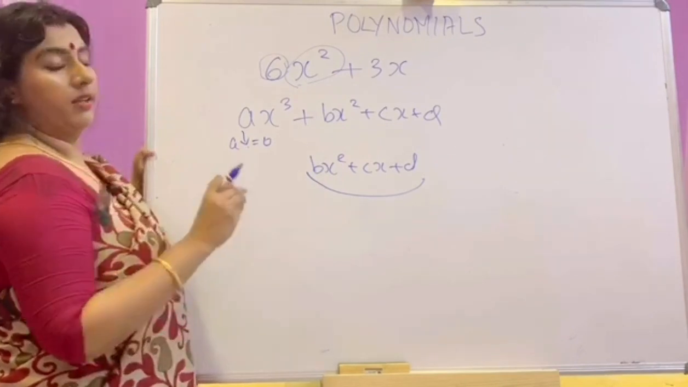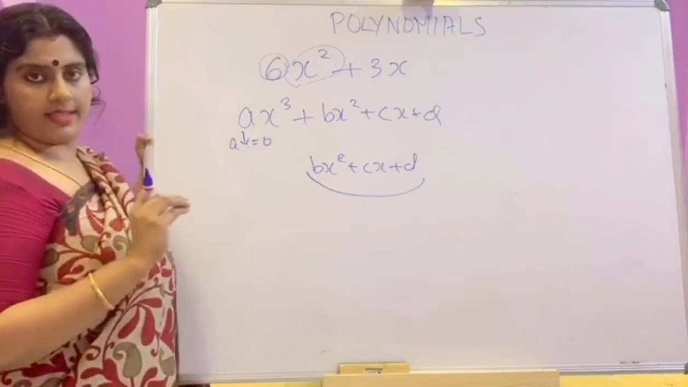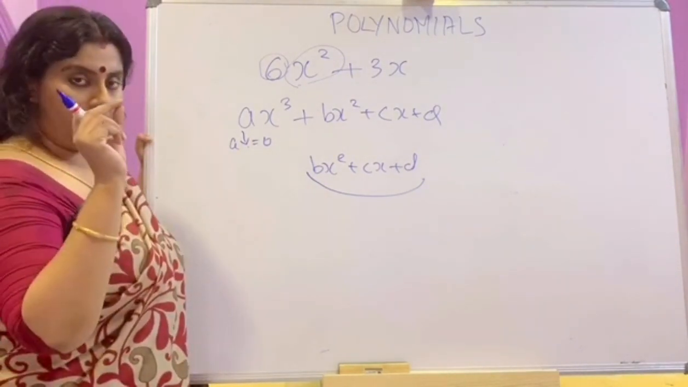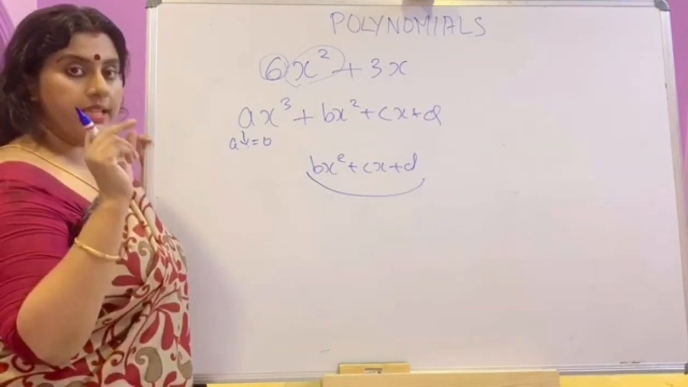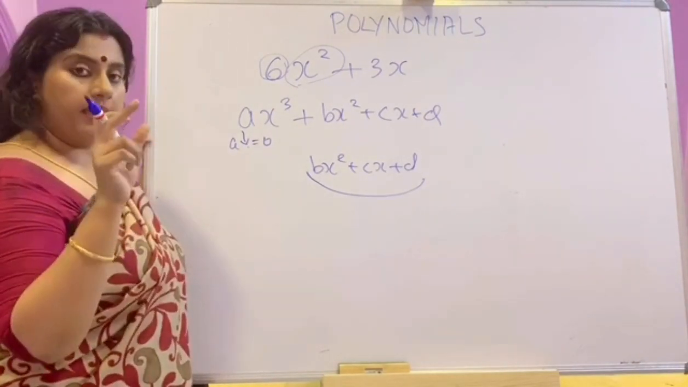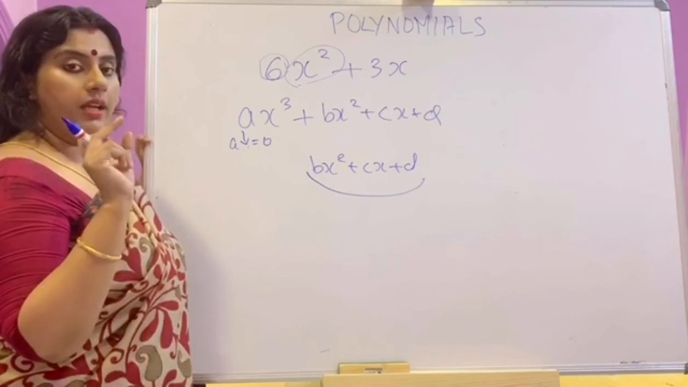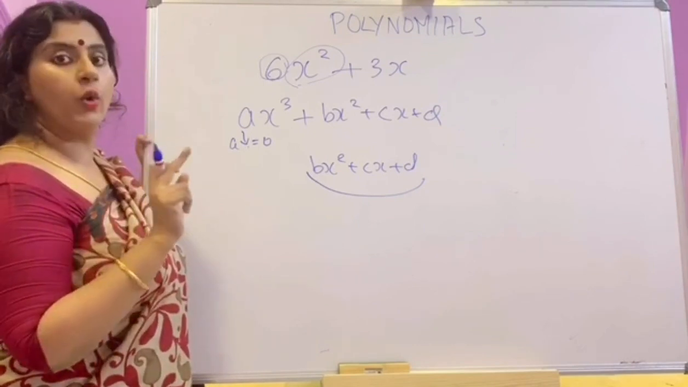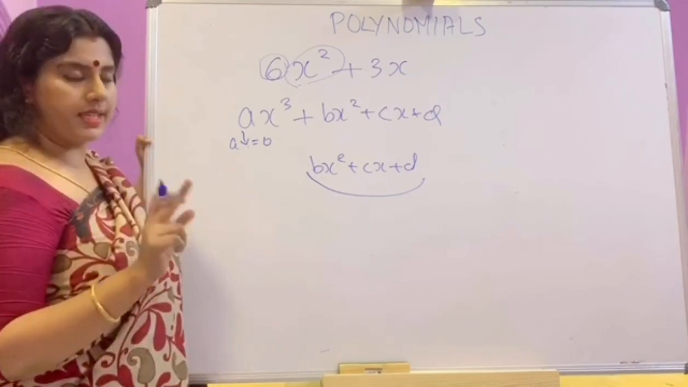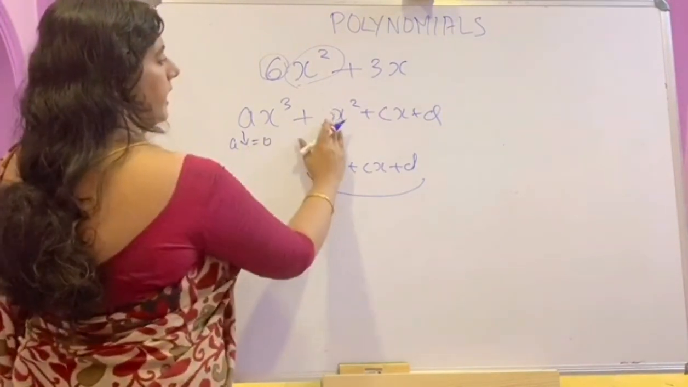So if a degree is given, the power of that degree, that is if it is third degree, then the power 3, the coefficient of that power should never be 0. If it is a second degree polynomial,